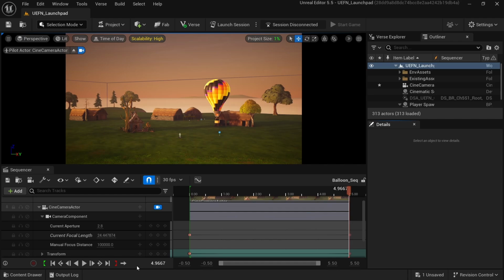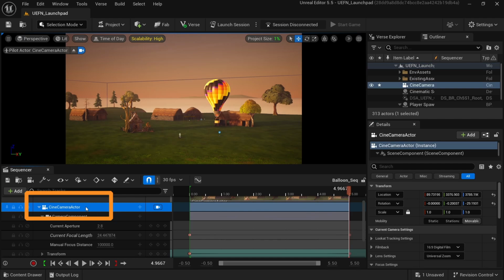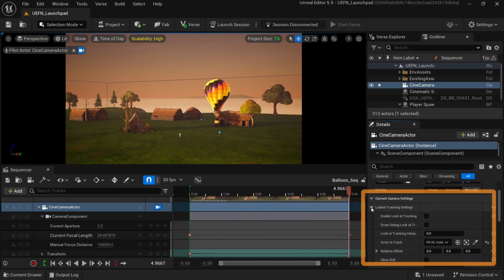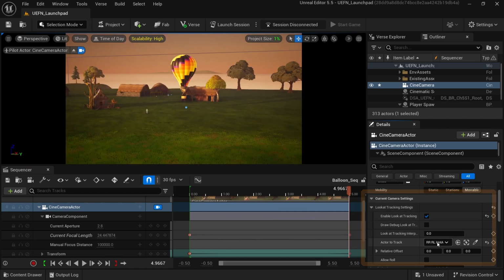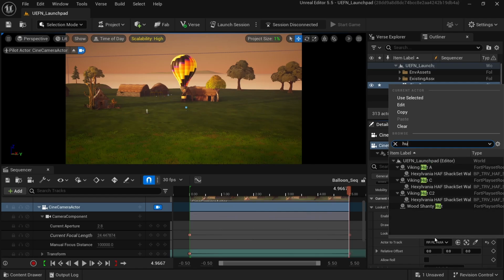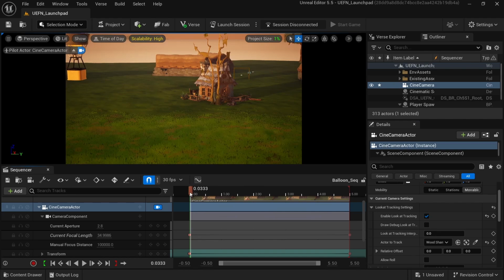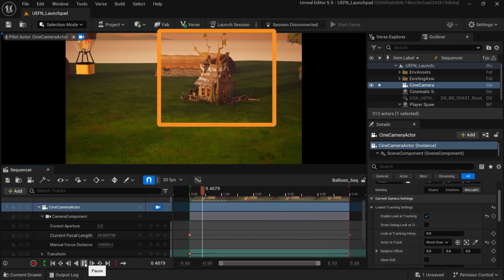If you want your animated camera to follow an object during the cutscene, you can do so with the look at tracking in the camera settings. Select your camera asset from the sequencer and head to the details panel. Extend the settings for look at tracking. Enable this setting by clicking on the checkbox, and from the drop-down, select the object you want your camera to follow. Now, you should have a camera that is moving between two locations, changing zoom, and looking at a certain